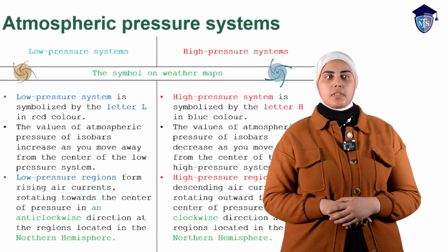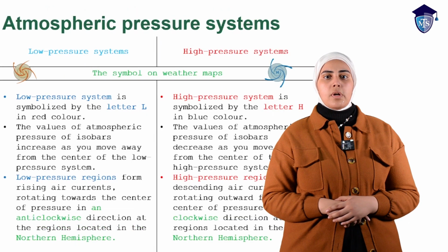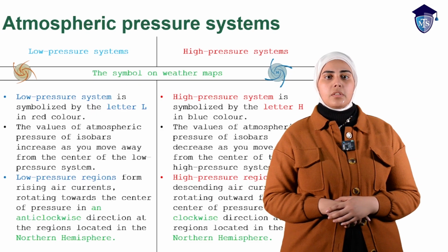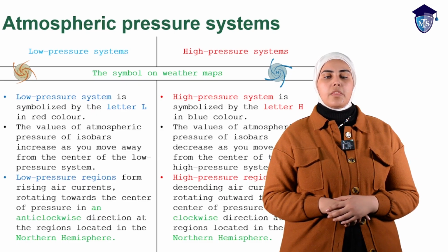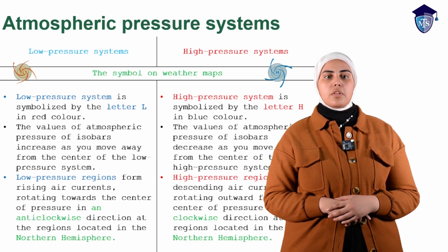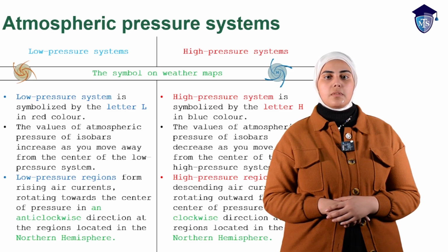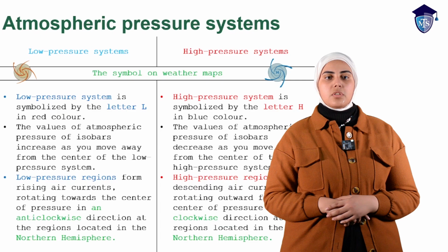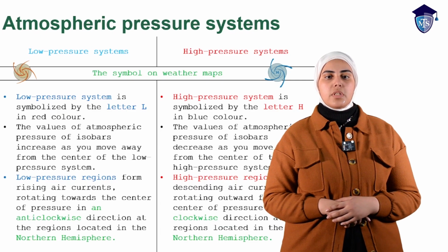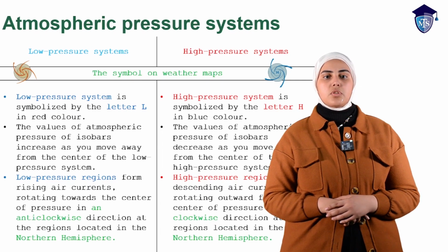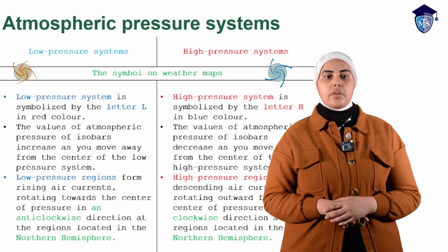The low pressure system is symbolized by the letter L in red color, as you can see. The value of the atmospheric pressure of the isobars increases as you move away from the center of the low pressure system. In the low pressure regions, rising air currents rotate toward the center of pressure in an anti-clockwise direction